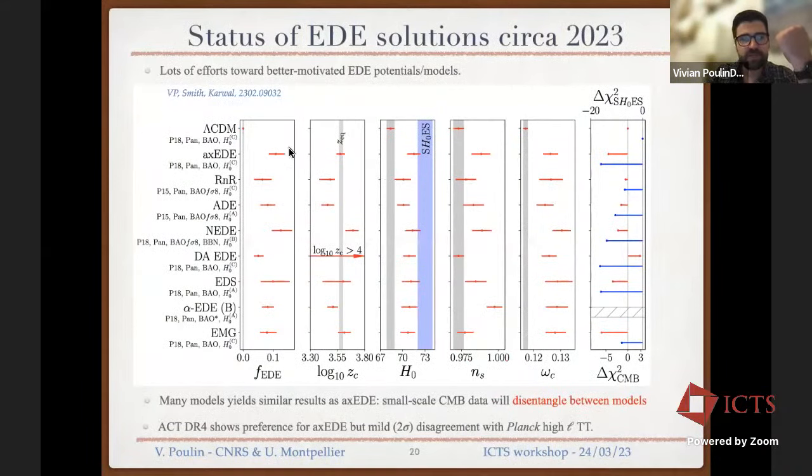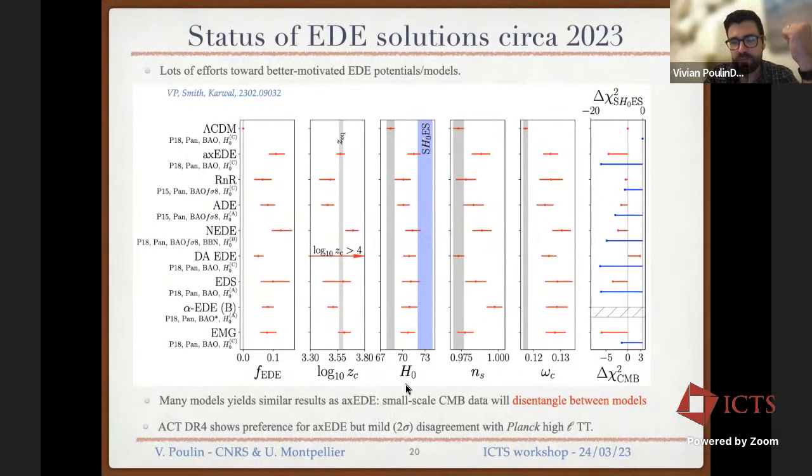So more generally now, looking beyond this simple axion model, as I said, there are many models that have been suggested, but they are all essentially giving you the same picture. I won't go into the details, but the idea is they all isolate that something must have happened around matter-radiation equality. Not all, but most of the models can bring the Hubble parameter up towards the SH0ES value and reduce the tension to something between 1.5 and 2 sigma. They all seem to indicate a larger value of the primordial tilt and a larger value of the cold dark matter, which also means, similarly to what I showed before, a larger value of S8.